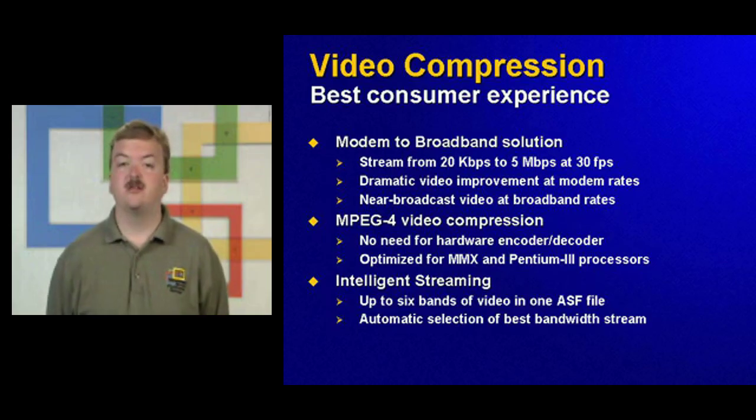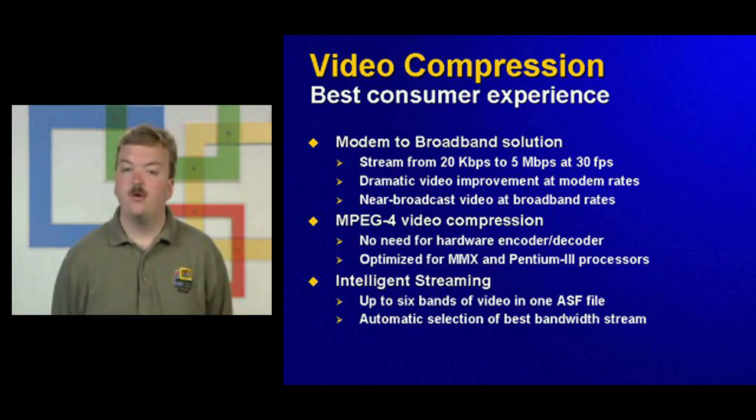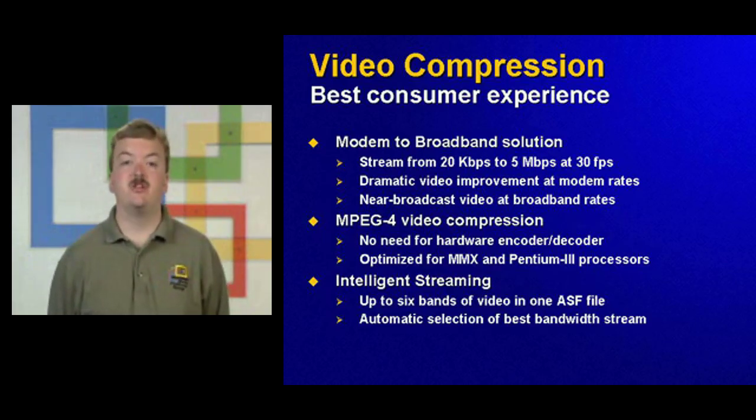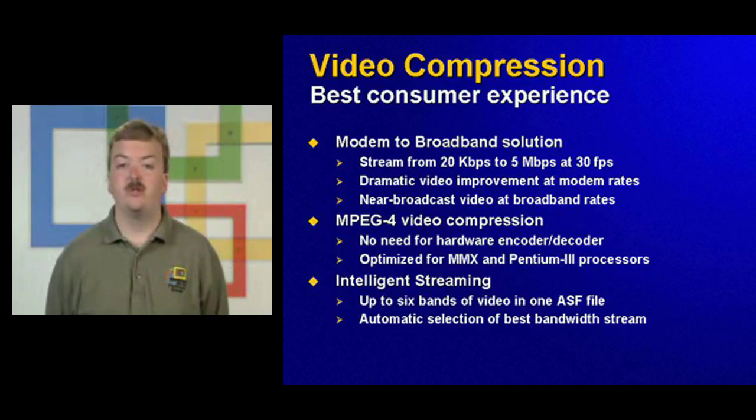One of the nice things about MPEG-4 is it doesn't require any hardware encoder or decoder support. So unlike other algorithms where I may have to purchase an encoder card for several $1,000s, with MPEG-4 I can use my existing PC. We've also optimized this codec for the MMX processor, so that means it runs better on a Pentium 2, and particularly better with a Pentium 3, where we take advantage of the new SIMD instruction set